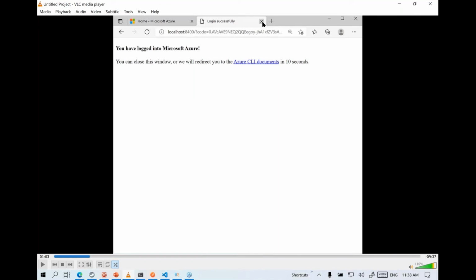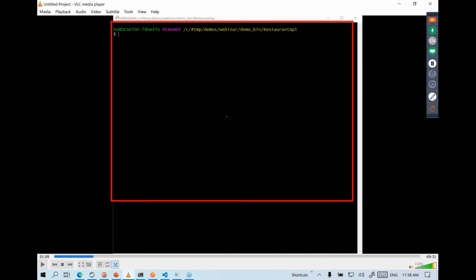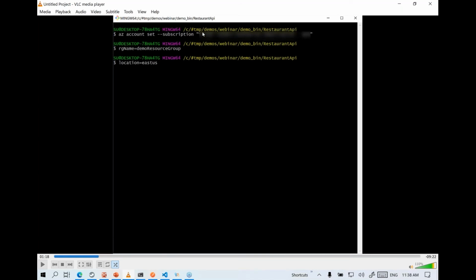Okay, so once you have logged in, your command line instance will be authenticated, and now you'll be able to perform operations on Azure by using your az command. Here I'm going to specify my subscription ID. Again, I've masked it.